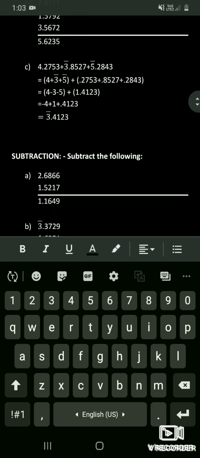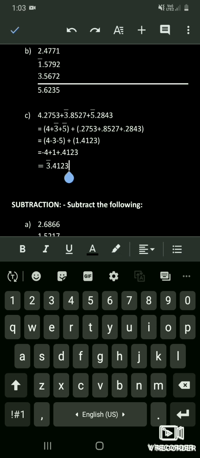Here in the third problem, in logarithm, you can solve it by separating the characteristic part and the mantissa part, writing them separately. So let's see. The third problem is 4.2753 plus bar 3.8527, that is minus 3.8527, plus minus 5.2843. So here in this step all the characteristics are added, that is 4 plus minus 3 plus minus 5,